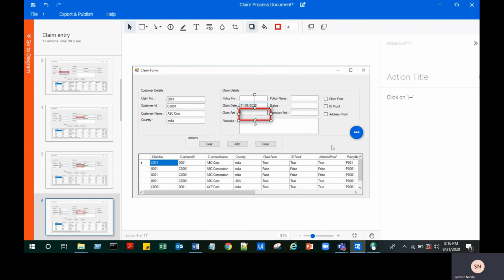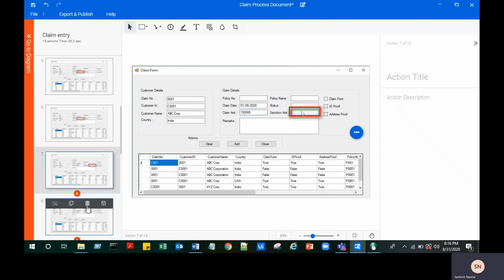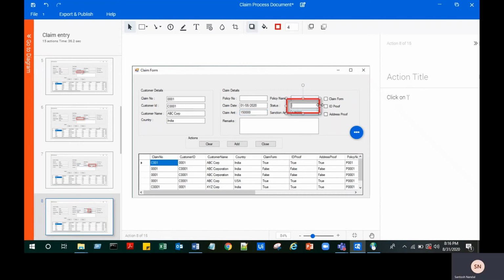Let's do it quickly. I don't want this. This is for sanction amount. This is for status.